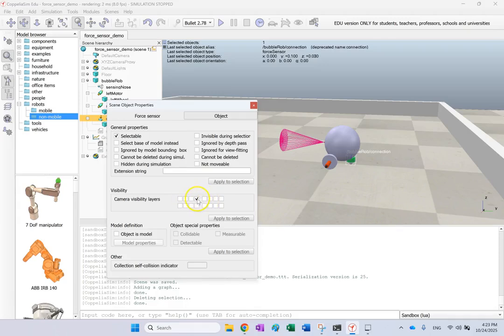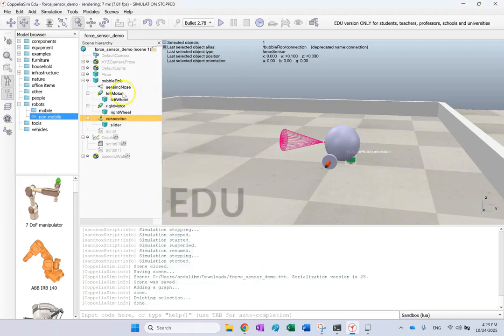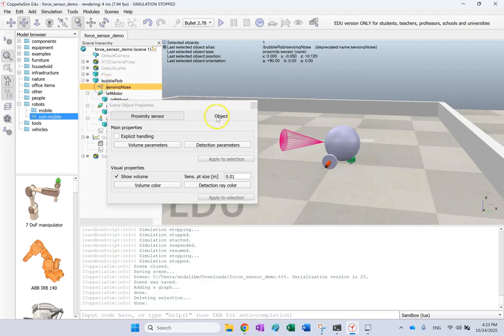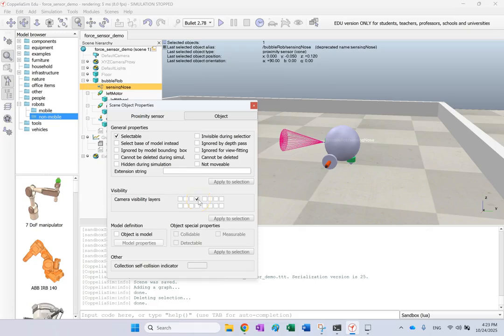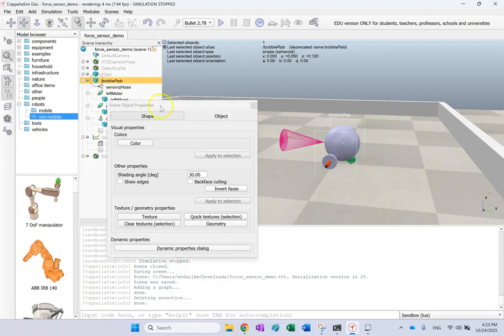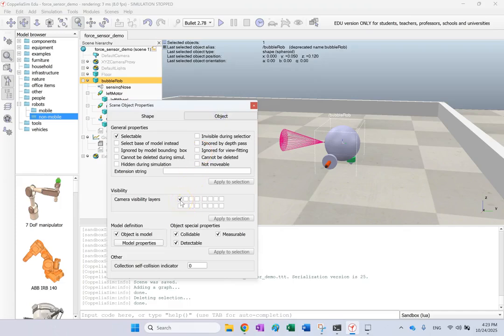For instance, look at this force sensor. It's this bit number 3 or 4, depending on how you call it. If this is 0, that's bit 3. And if you look at the proximity sensor, that's interesting. You see it's the exact same bit. So that means the sensors in CoppeliaSim, their visibility is this specific bit. But you see that the model, the robot, is this bit here, okay? So each category of objects has a specific bit for its visibility, right? And